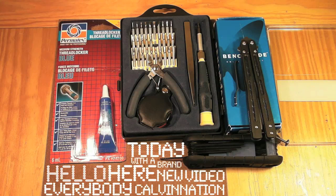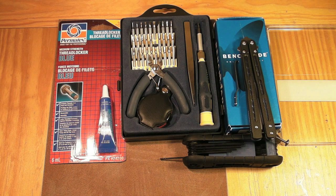Today's video is going to be a little how-to or demonstration on removing your pocket clip from your Benchmade Model 51 Morpho. Benchmade Model 51 is one of Benchmade's newer balisongs. It is the second latest, the latest being the Benchmade Model 53. And I believe it is just over a year old. I think, not too sure, don't quote me on it, but I'm pretty sure the 51 came out in November